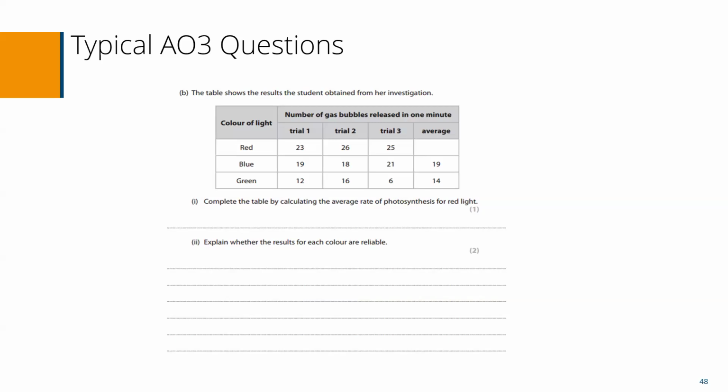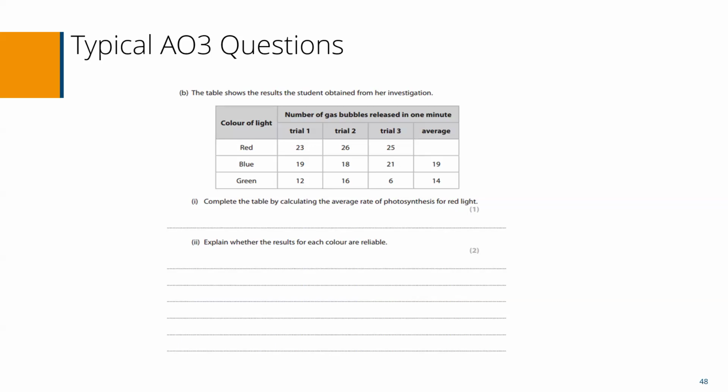Explain whether the results for each color are reliable. Okay, so that's really testing my understanding of practical and this idea of reliability. Well, the reds are going through a range of 3 really, 25, 26. The blues are fairly close. Ooh, that's 6 on the green. Looks a bit funny, doesn't it? Is that average of 14